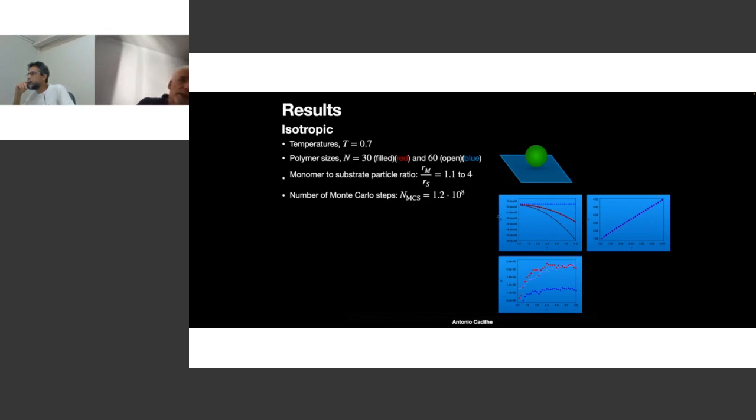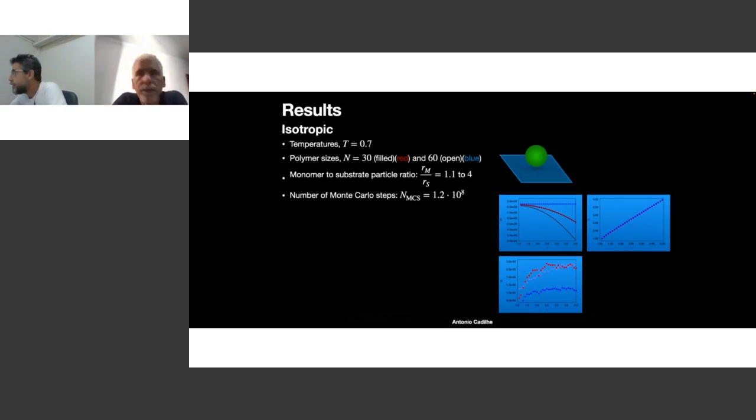So I have here the energy of the polymer, and it shows this parabolic behavior by the time I calculate that in terms of the area, the projection area of the monomer over the surface. So it basically reproduces the behavior. It's very well behaved, and everything was as expected. On the right side, I show on the